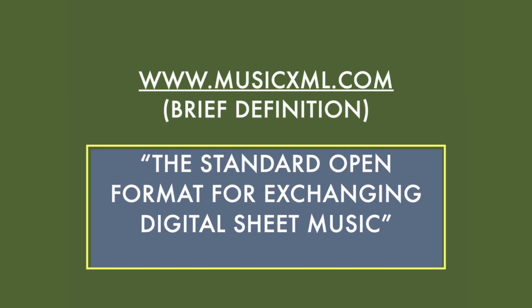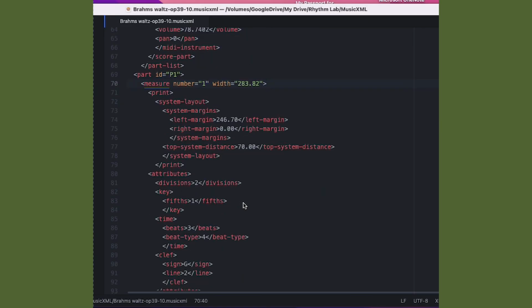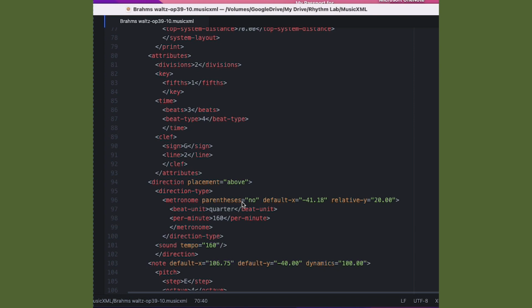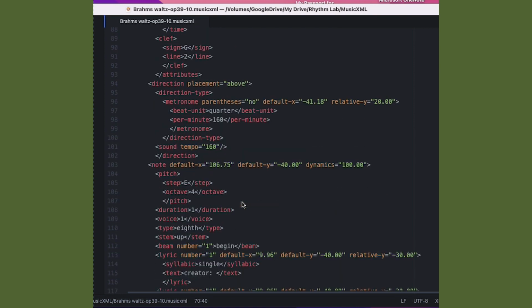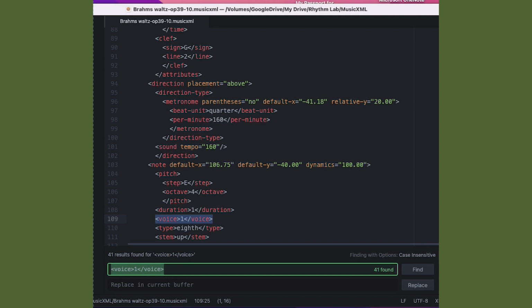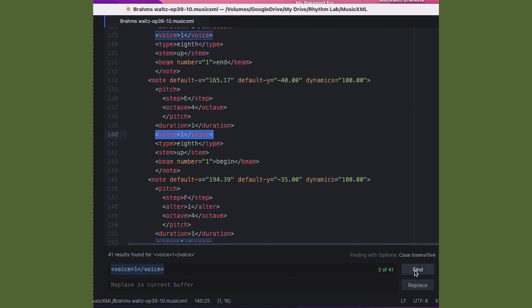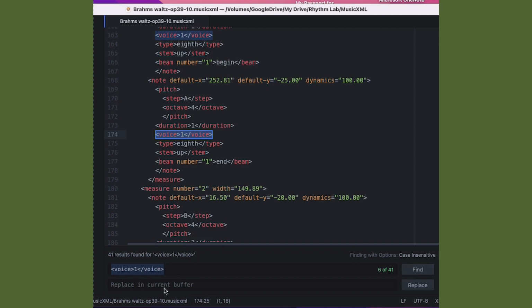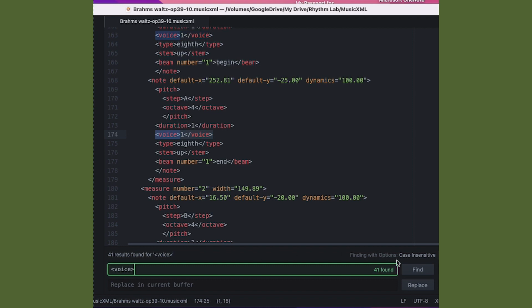According to the MusicXML.com website, MusicXML is the standard open format for exchanging digital sheet music. A MusicXML file is a text-based file. It's in an XML format, which means it uses open and closing tags, and information is stored in a hierarchical fashion, just like HTML or any other kind of XML format. This means that theoretically, you can edit a MusicXML file simply using a text editor. However, we'll see that using musical notation software is probably the easiest and fastest way to edit and use MusicXML